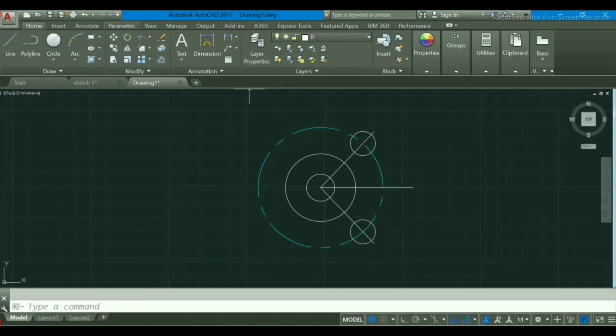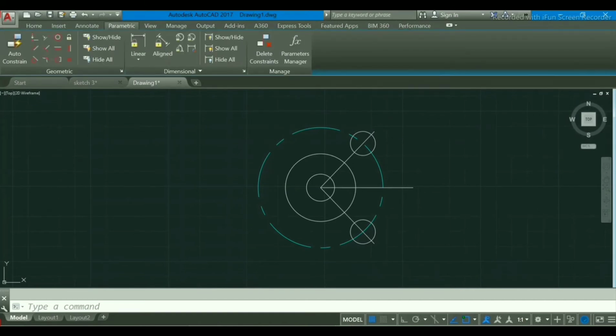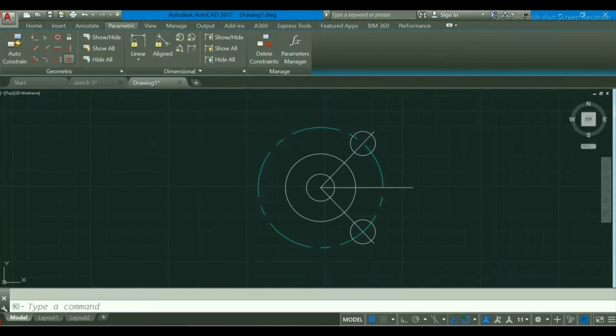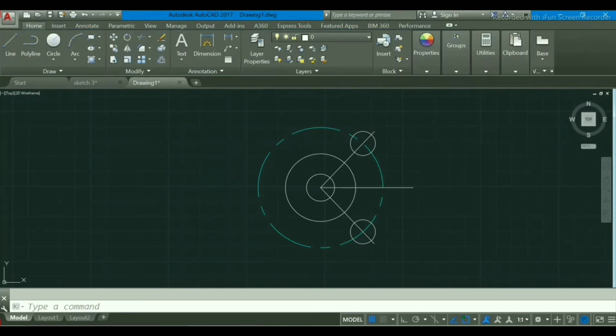OK. And go to here parameters. Here is any equal in relation, so select here equal. Select first object, this one, and second will be this one. So it is already equal. Exit.